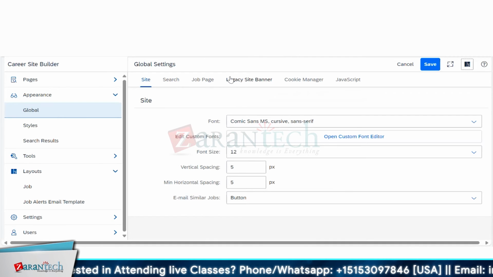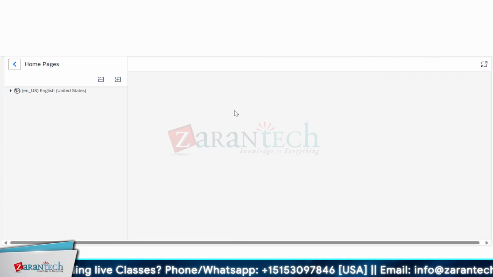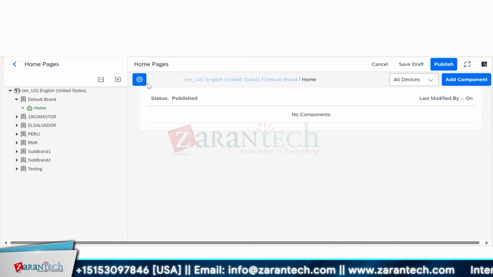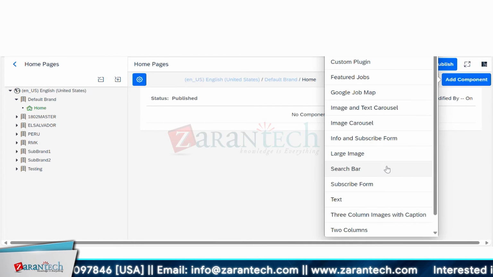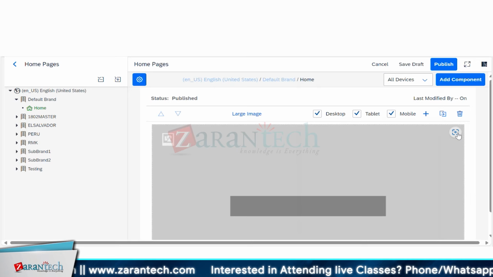So you can go to the pages towards your left-hand side. Click on home, and expand the language. Click on that language, and yours is the default brand. You can click on the default home. So this is where you got it, and you can add a component over here. A component is nothing but a building block, like an image or something on the website. So you can add a large image over here. Okay, large image. And once you add it, when you click on that large image, it will take you to